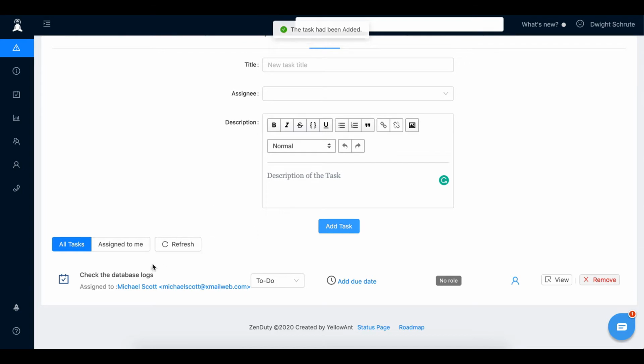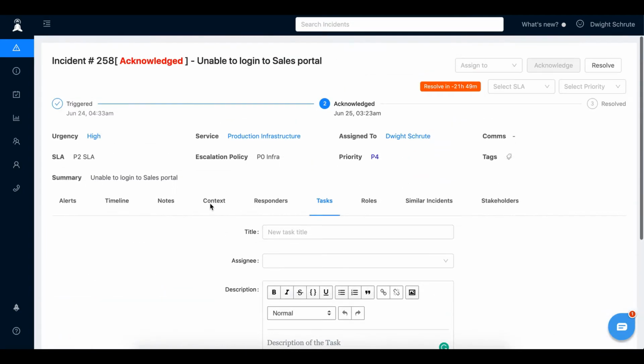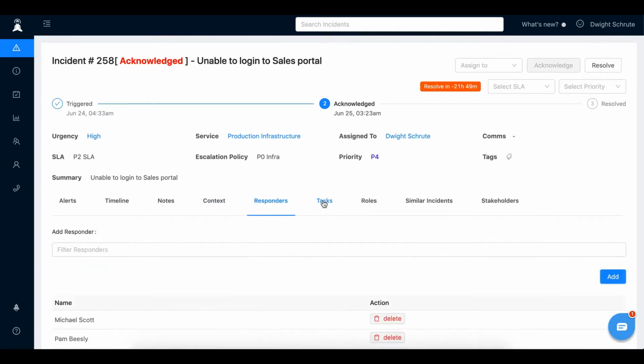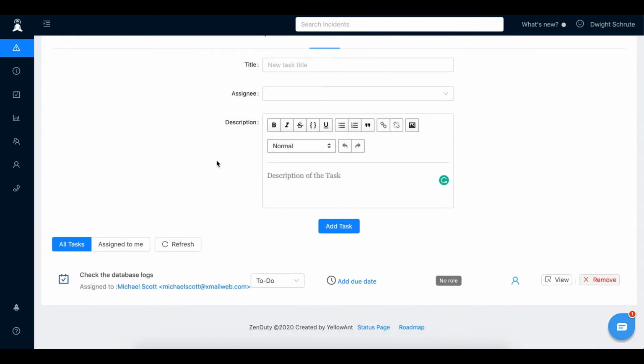So once Michael receives the alert from ZenDuty, Michael will then navigate to the ZenDuty task tab, and Michael will know that he's been assigned the database logs task.